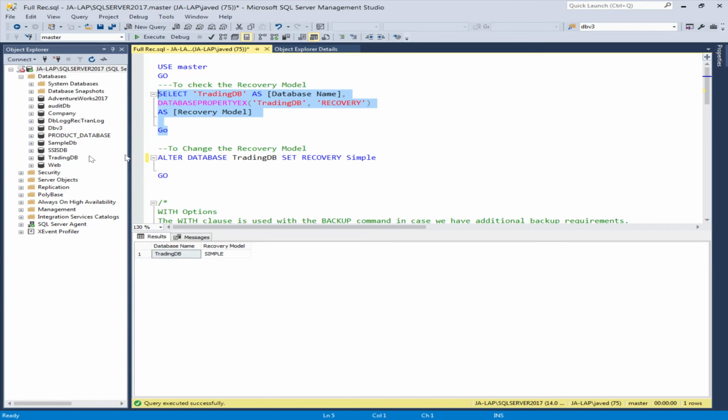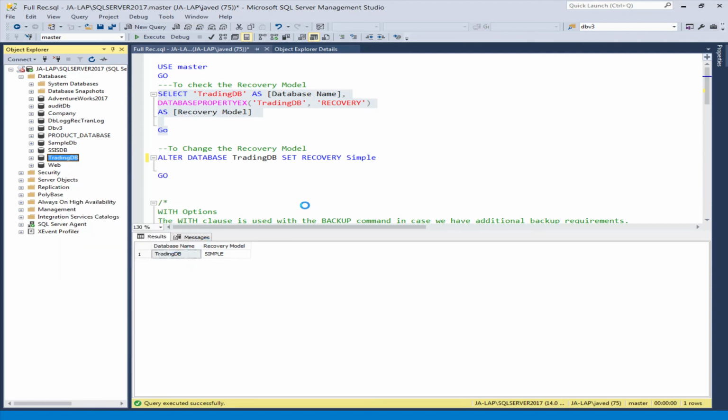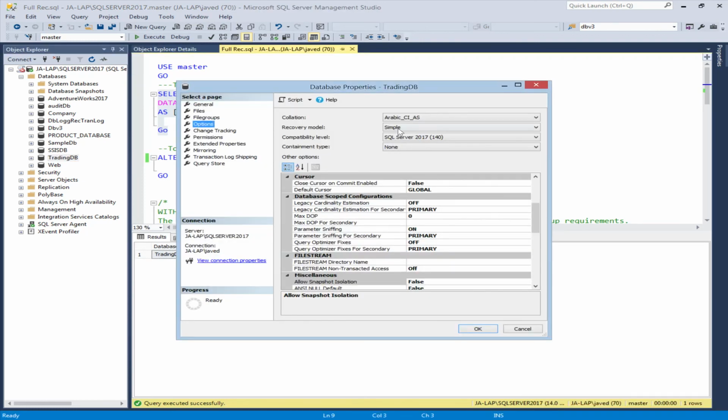And there is another way to change the recovery model. We can go to our database, right click, and go into the properties. In the properties I clicked on the options, and this is where we can change the recovery model. See here, three recovery models are available: full, bulk logged, or simple.